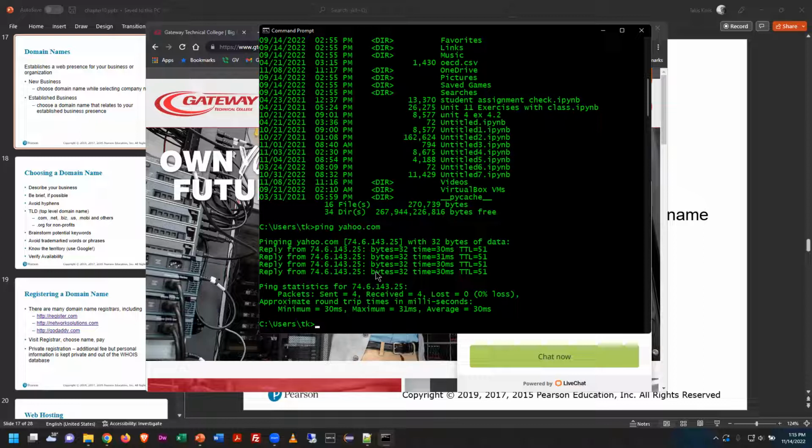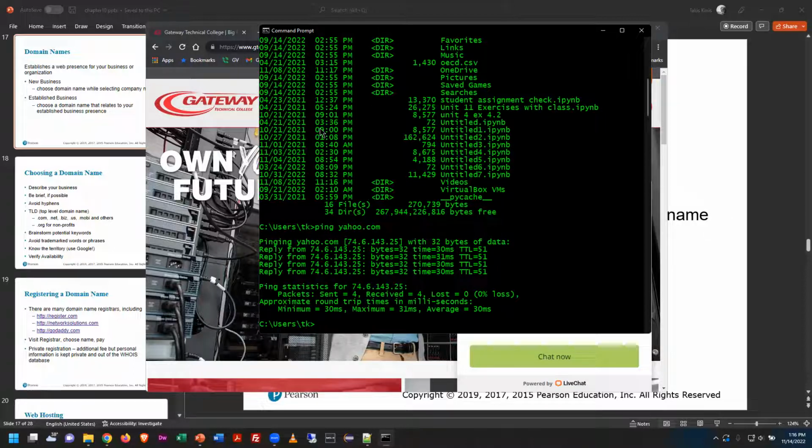I want you to notice though, I typed the command ping yahoo.com, and what happened is that yahoo.com went to a domain name server somewhere out on the internet, probably with your internet service provider or Google or somebody like that, and it looks up the name yahoo.com in their database and says, okay, what IP address do you have associated with yahoo.com? And the answer is